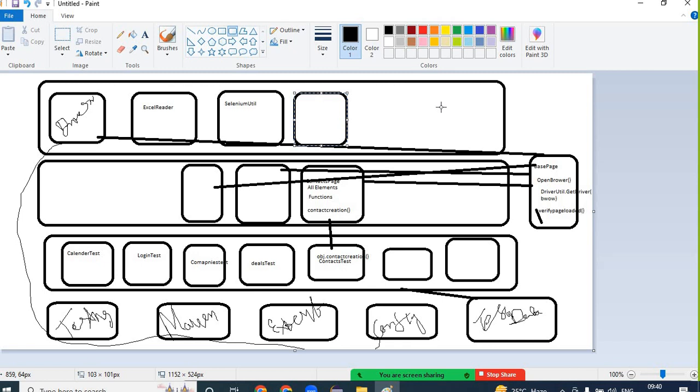Daily, what are the code you are writing? Every day, your responsibility, you need to push the code. Otherwise, after few days you are pushing, then somebody will push the code and that code is not with you, then you will get the conflict. It would be a very big problem when you get the conflict. You need to resolve, you need to sit together, that guy and you, whoever is working in parallel. Okay, this code is required, this code is not required. You need to discuss and then you need to resolve the conflicts. So instead of that, what we need to do, every day we need to push the code